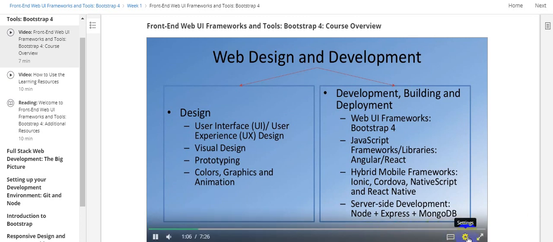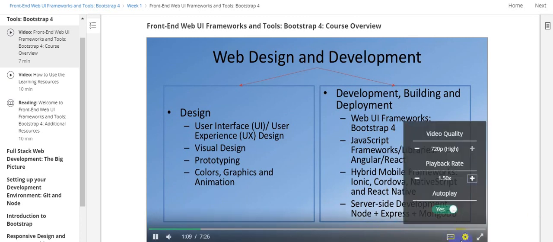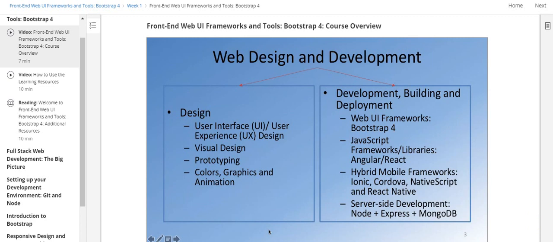From the design perspective, what I mean is the design of the user interface and the user experience, the visual design, the prototyping, the elements of colors, graphics, and animation that might be of interest. In this specialization, we are not looking at this aspect of web development. Instead, we are looking at the second aspect, which is the development, building, and deployment of websites and web pages